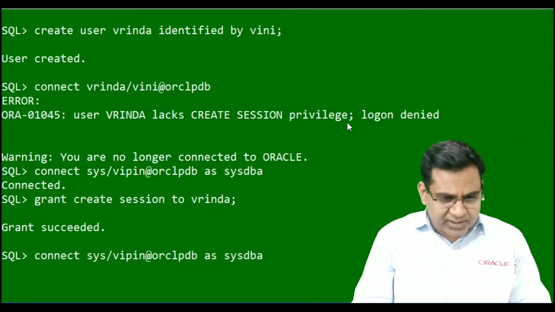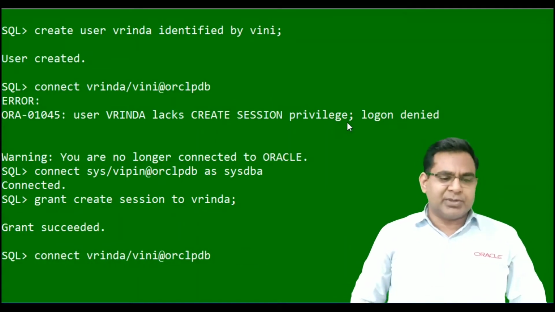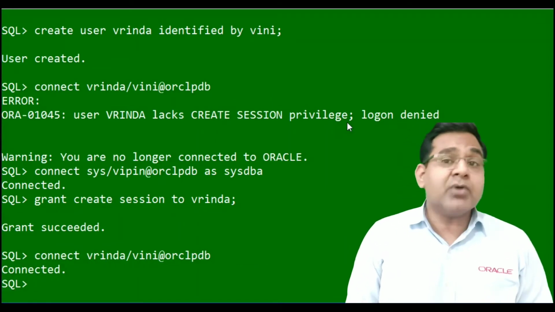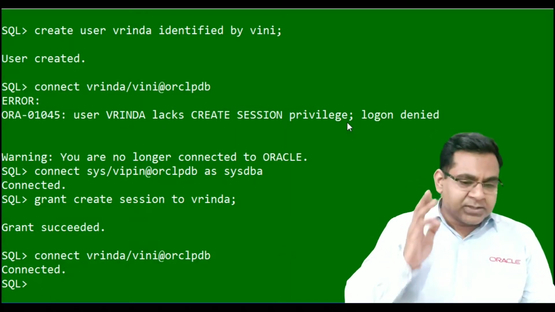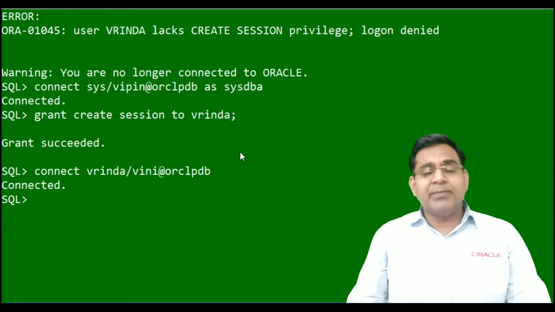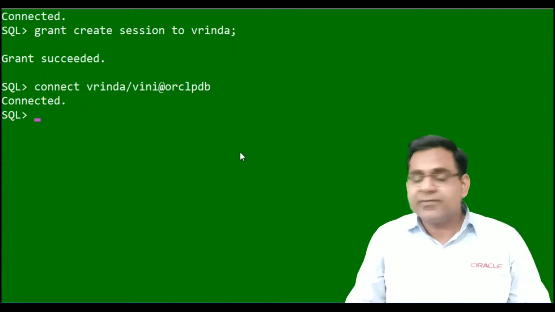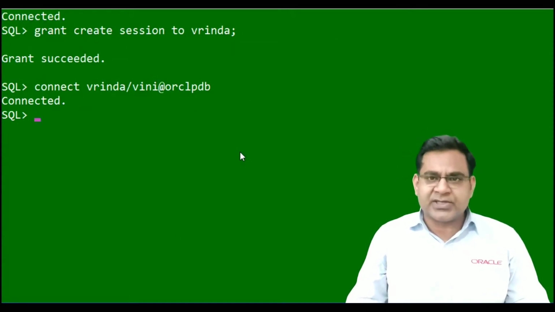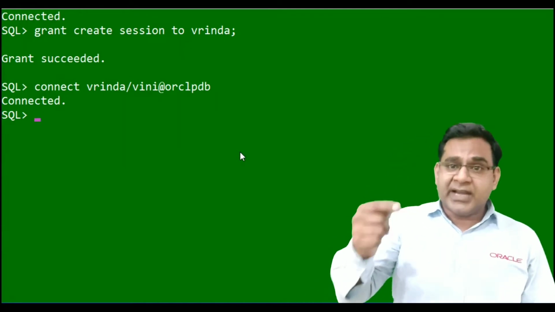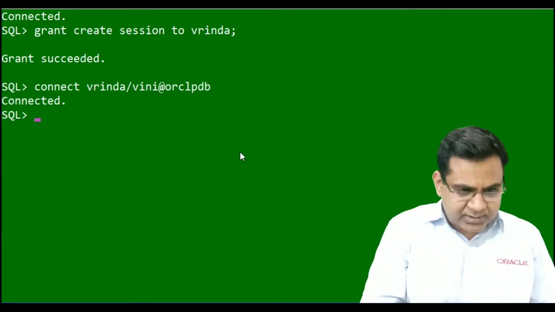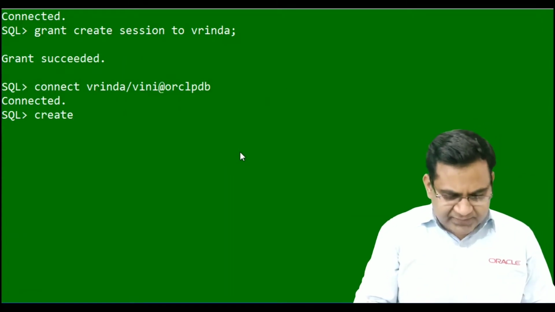Now if we try to log in with the Vrinda user, we will be able to connect, right? Without the create session privilege, the user will not be able to connect. So what else will this user be able to do? This user will not be able to perform any other operation because only the create session privilege has been given to this user. If the user has been connected and we try to create a table,